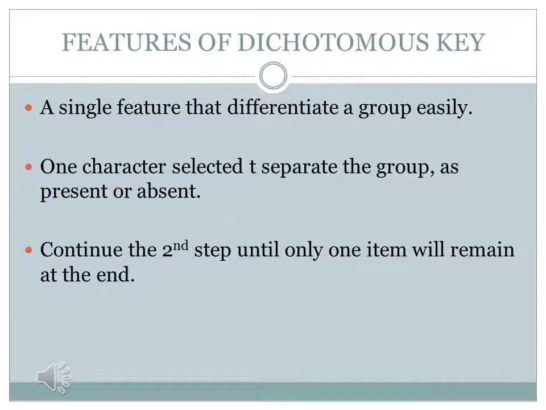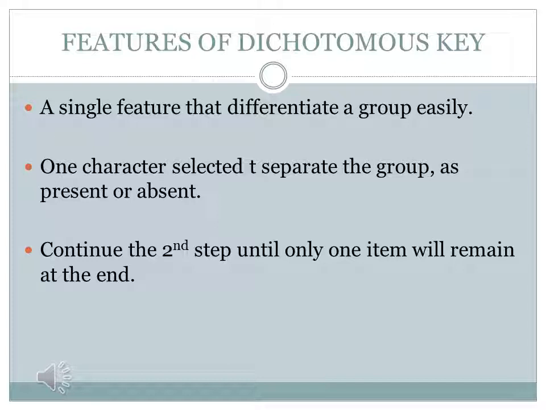Let's see the next topic, features of dichotomous key. Dichotomous keys are very useful because they allow non-expert users to identify organisms by directing them to look at the known important organisms. Dichotomous keys are very useful for identifying an organism as a member of a single closely related group of organisms. In many environments, this is sufficient to fully identify the species.